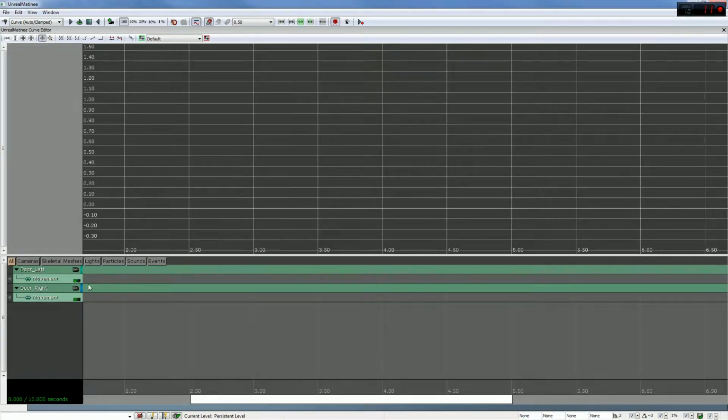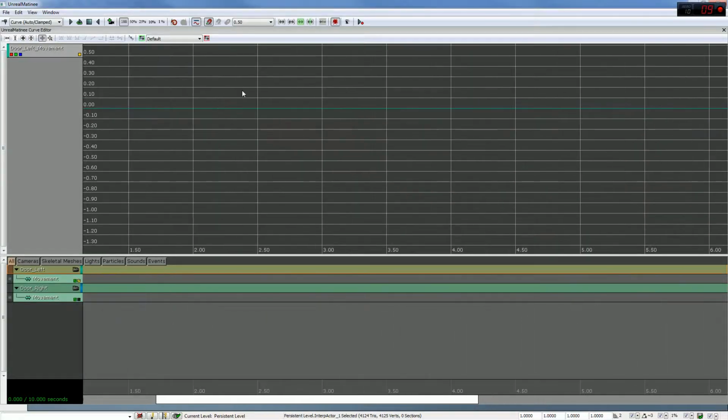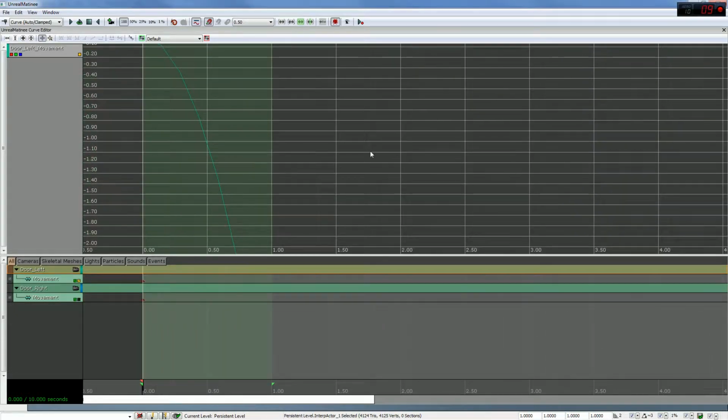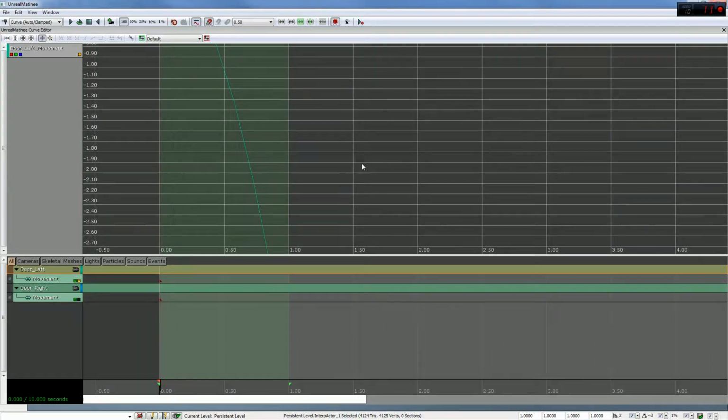But at any rate, for the door left, if you look right here, it may be hard to see, right about here, there's this little black dot. If I click that, it's going to pull up the curve. There it is. Okay. Now,